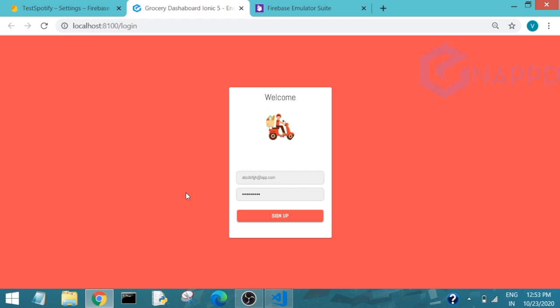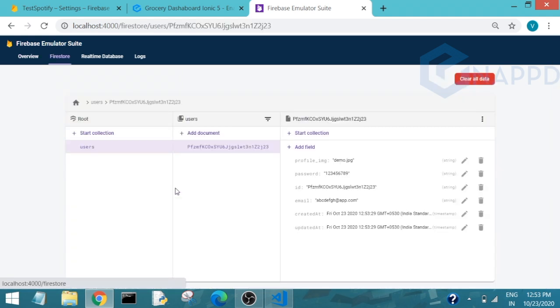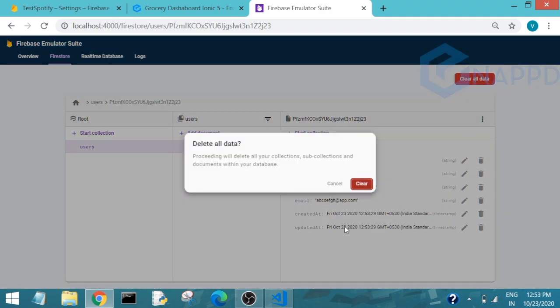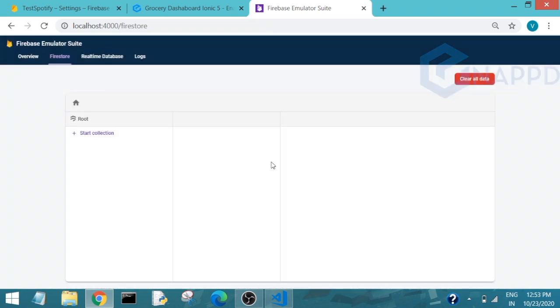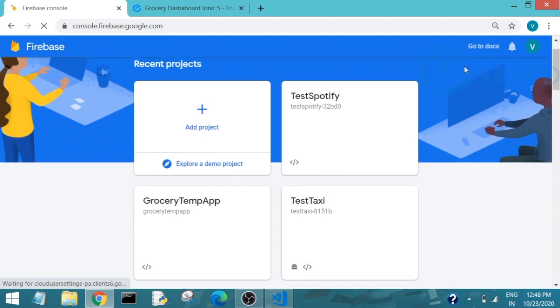In this video, we are showing how to connect an Ionic application with a Firebase emulator. We generally use Firebase instances directly, but sometimes we want to use an emulator. Those are the reasons, like maybe you do not have enough resources, maybe your instances are already occupied, or maybe you want more control over your data, like you want to delete all your data at once. So for all these instances, you want to use the Firebase emulator.